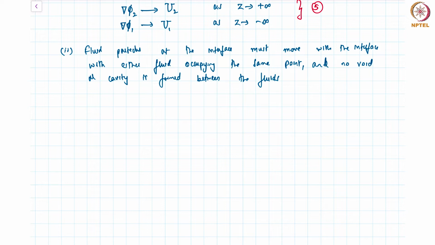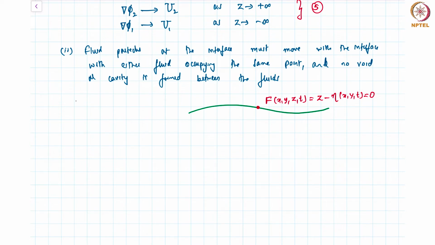What does this essentially mean? If we look at the boundary condition, if I consider a point on the interface, we want to find out how the point on the interface moves. Let's describe the interface with the function f, a function of x, y, z and t, such that f equals z minus eta of x, y and t, and this is equal to 0. So the kinematic condition essentially states